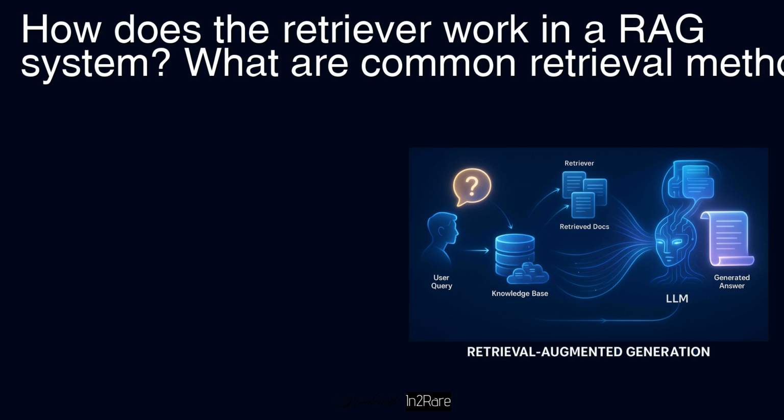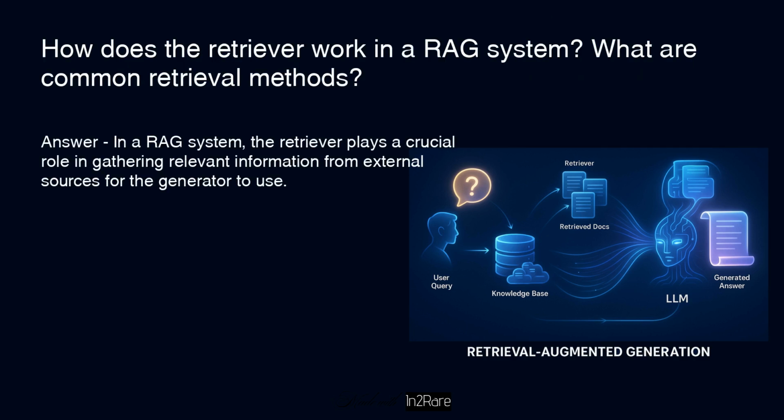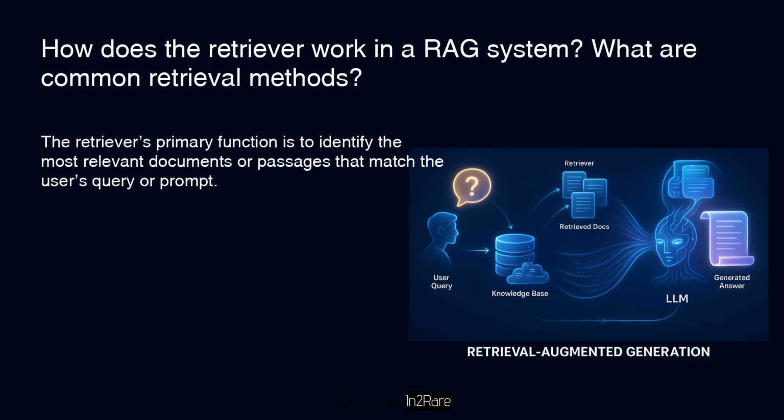How does the retriever work in a RAG system? What are common retrieval methods? Answer: in a RAG system, the retriever plays a crucial role in gathering relevant information from external sources for the generator to use. The retriever's primary function is to identify the most relevant documents or passages that match the user's